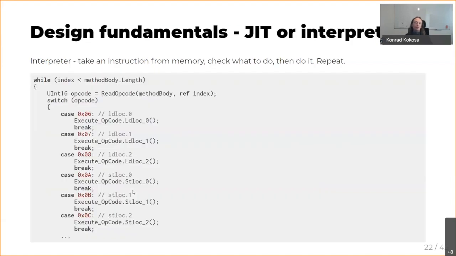Okay, but even before that, we need something that will execute our application. So we need kind of a JIT. And now we need a decision whether it should be a regular JIT, or maybe we can just use an interpreter. An interpreter is a simple idea in the end. It is just a huge while with a huge switch inside, which will just read your memory byte by byte, opcode by opcode, and will just react to the particular opcodes.